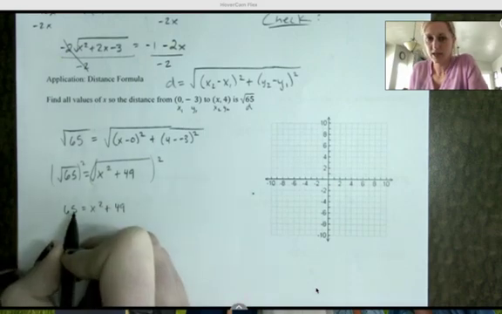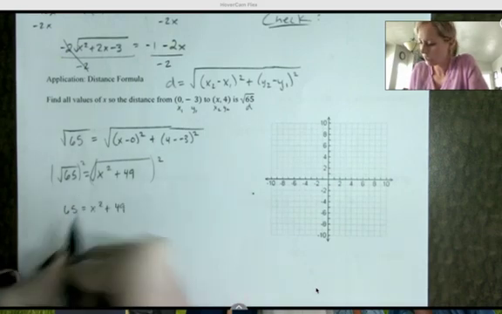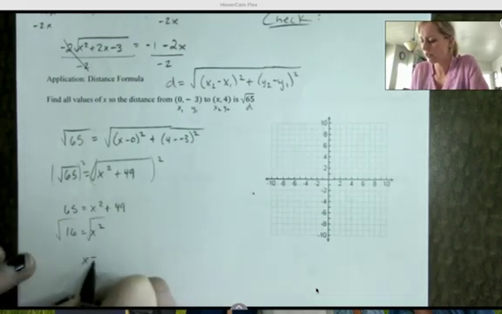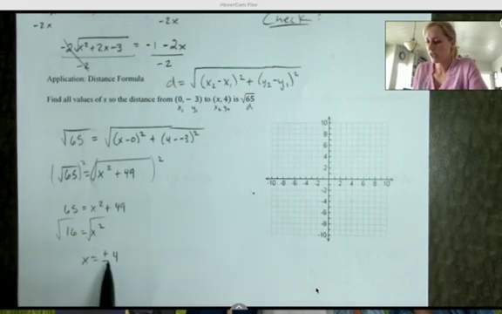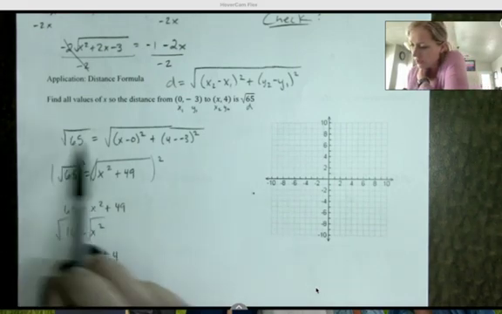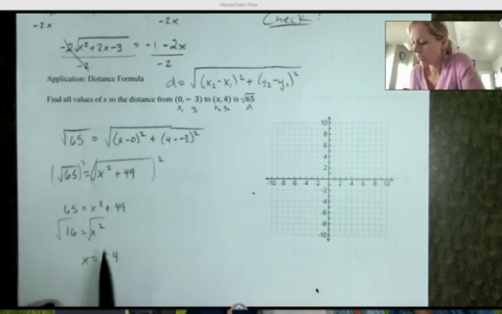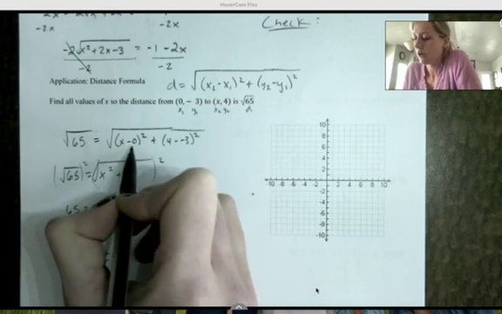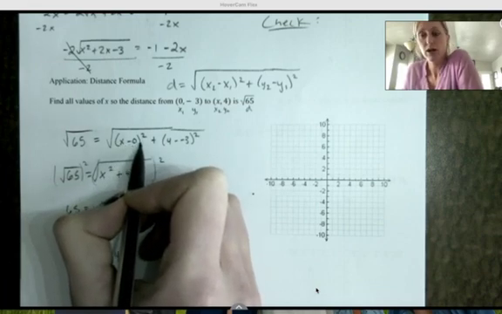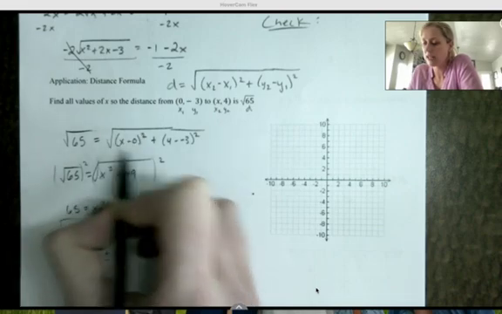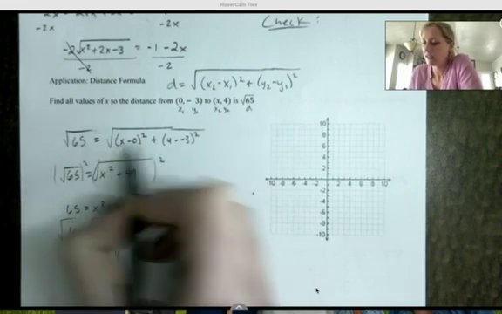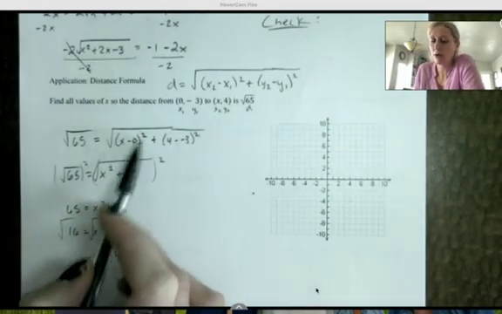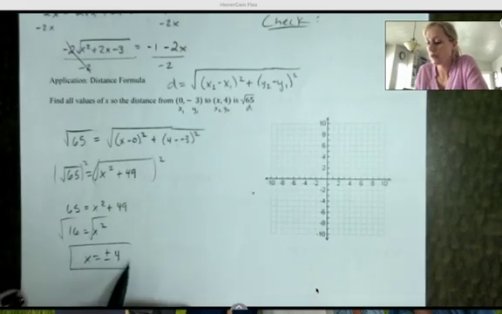Subtract 49. What do we get there? 16. Now this time when I square root, I should get x equals plus or minus 4. Let's check though. If I plug this back into the beginning, I'm really going to check the negative. So -4 minus 0, and then squared. Oh, it actually ends up being okay because we're going to get a positive 16 there, and 16 plus 49 is 65. Same as if I put a positive 4 in there, by squaring it, it's going to make it positive. So both of those are viable